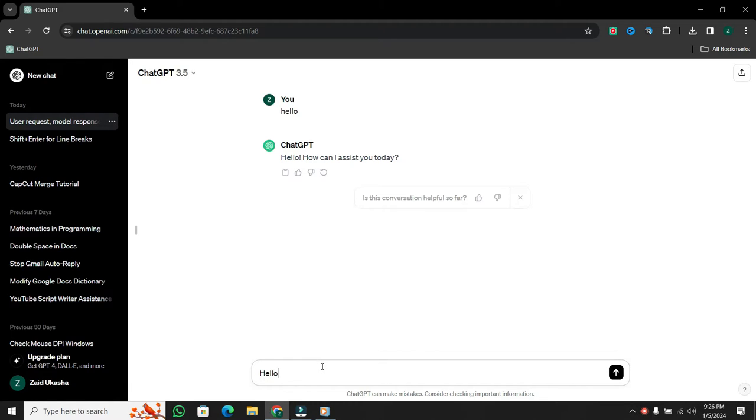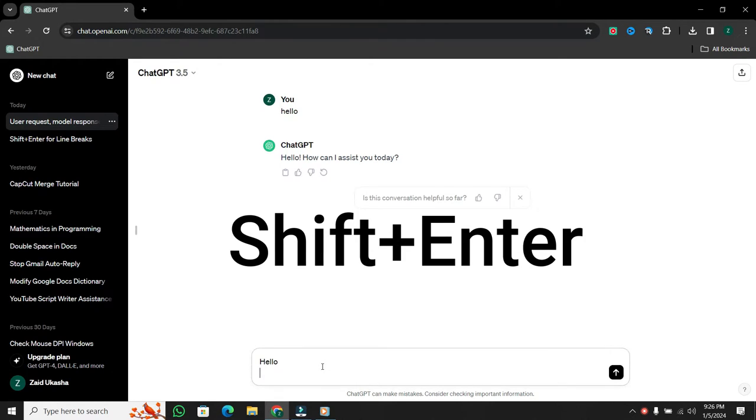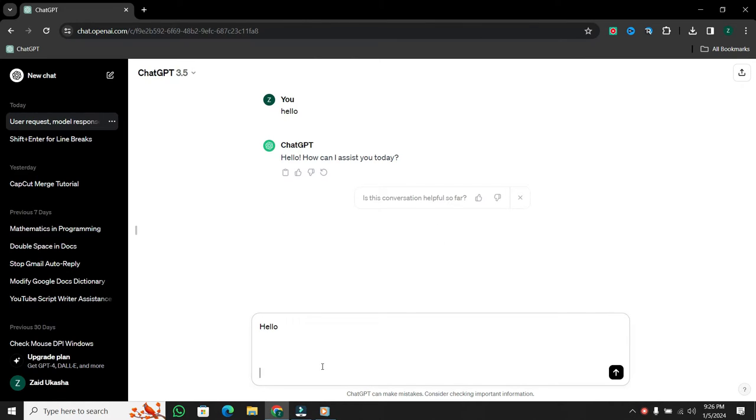Here's the trick. Just type your message as usual, and instead of hitting enter, hold down the shift key and then press enter. Now, take a look. By holding shift and pressing enter, you can see that it indents the line, allowing you to continue typing without